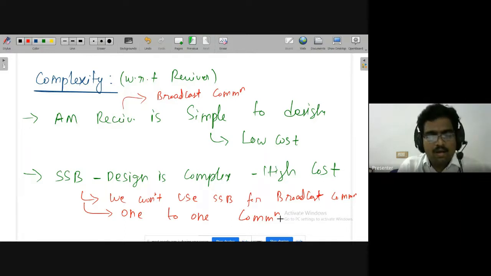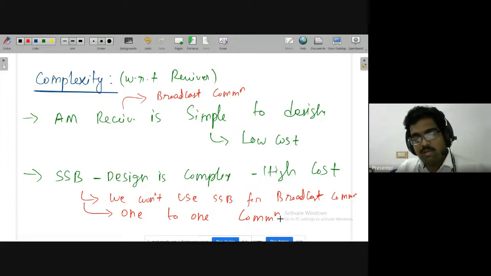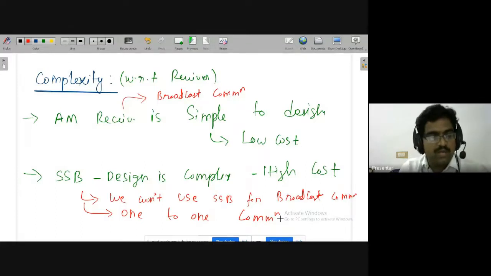Next, so far we have seen only the mathematical equations, the modulation equation and then the mathematical equation for power. Then we have defined power saving, and then